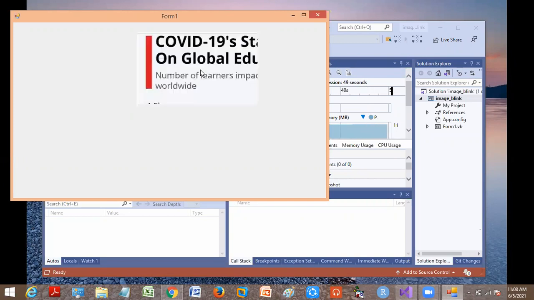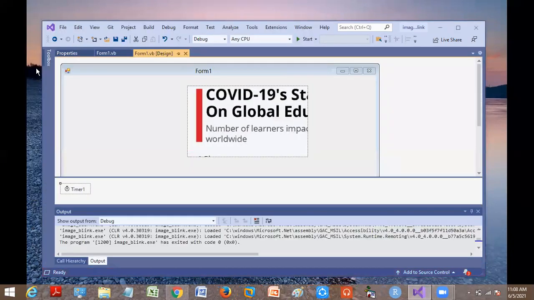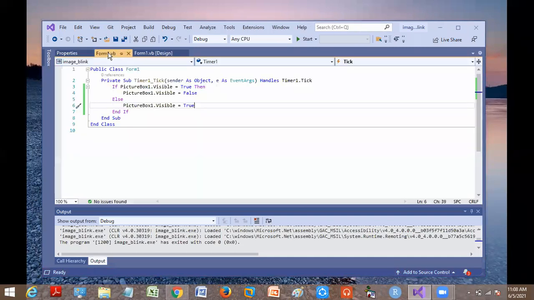Yes, ma'am. Is it clear now? Yes, ma'am. So this is what is going on in your program. Every time the timer ticks, picture box 1 dot visible, if it is true, it is making it false.